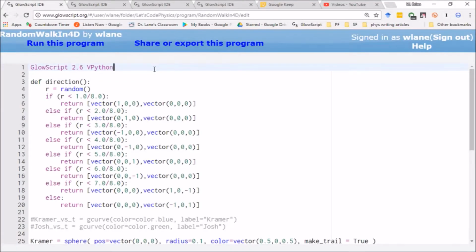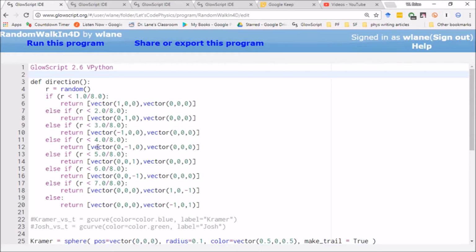All right, so I promised early on in this series that by the end we would be taking a random walk in 4 dimensions. Now it's hard enough to represent a random walk in 3 dimensions on a 2-dimensional screen, but I want you to think creatively for a second about what a dimension is. Remember, we had an earlier video where we took a random walk along a musical scale. So you can take a random walk in a dimension as long as that dimension has something quantifiable that you can change. And what we're going to take as our 4th dimension today is the color of the animation of